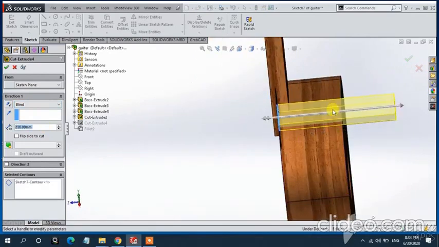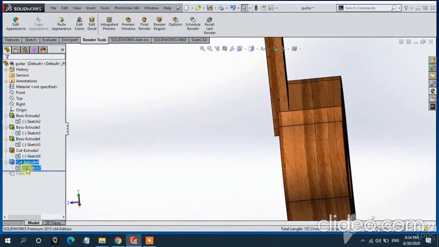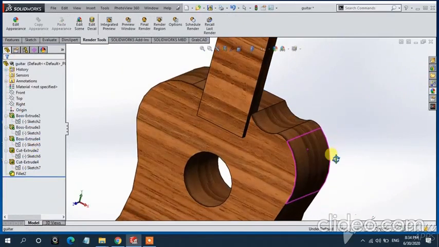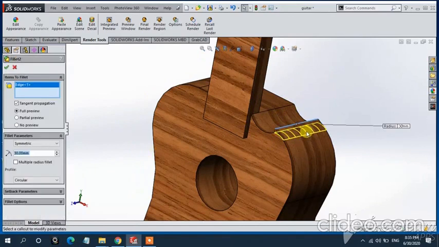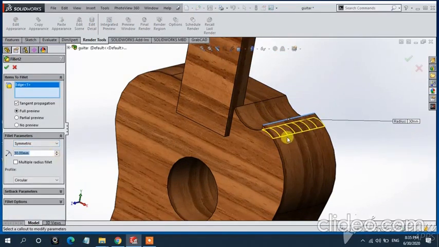See, let's come to the next. This section, for better appearance I have to show this.